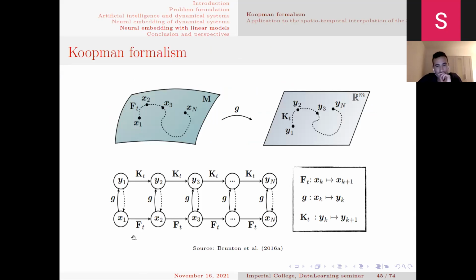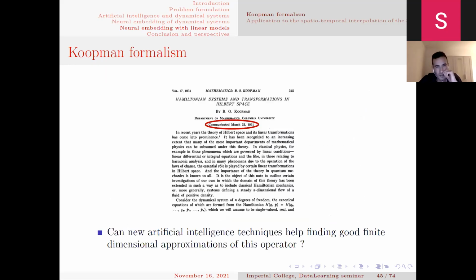So quickly, what this Koopman operator is about is simply, assuming that we have some nonlinear dynamical system F that evolves the state X in time, the Koopman operator propagates in time observables of the state X linearly. The issue now is that this operator can be infinite dimensional. This framework is actually quite old, and it was only recently that people started investigating learning-based approaches and data-driven techniques in order to find a good finite dimensional approximation for this operator that can be useful for forecasting and data assimilation.